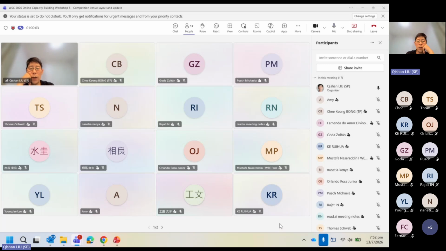Thomas, is the link still available? I think it already expired, right? Also the link is expired, but once he had the file, he installed it. Yeah, I can send the link again in the forum. Okay, I'll send it to you. But we have only the version 2024 and only the